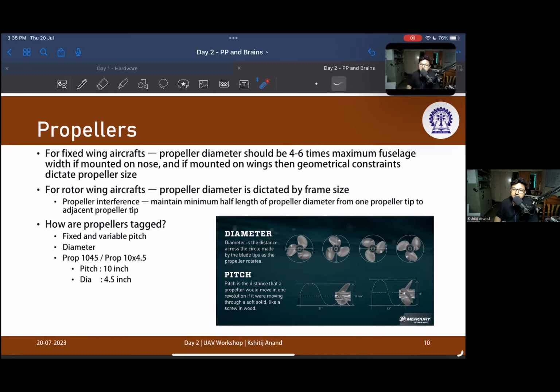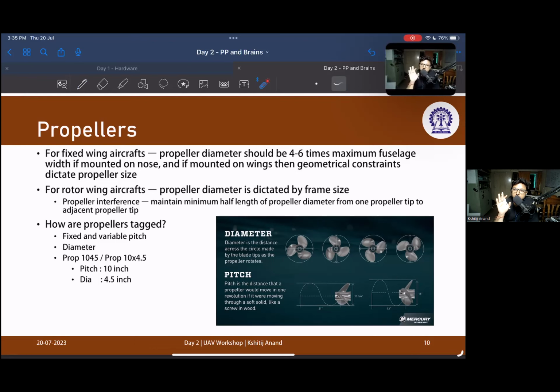So the size is the most important one. The diameter; the pitch is roughly the same. You'll get restricted options for pitch. It's the diameter that you need to play with. So for fixed wing aircraft, propeller diameter should be 4 to 6 times the maximum fuselage width. Why is this so? Because